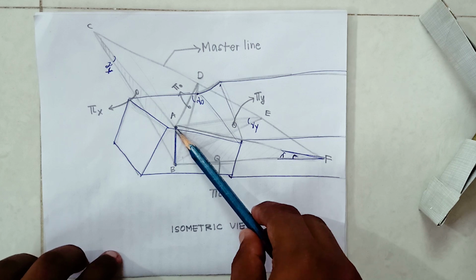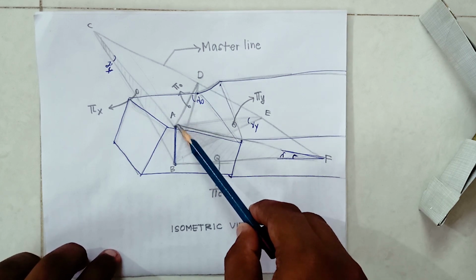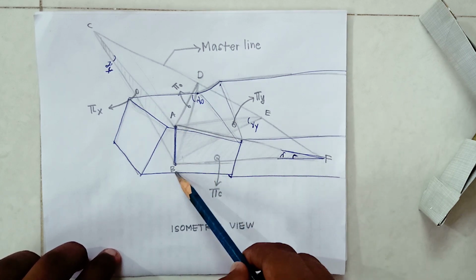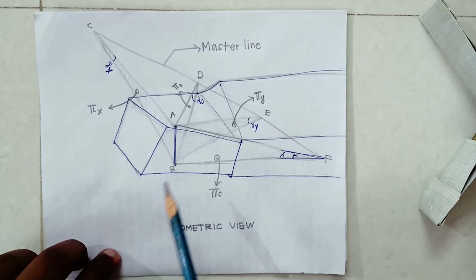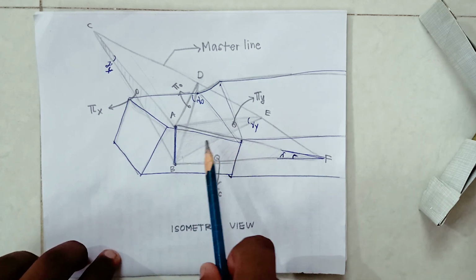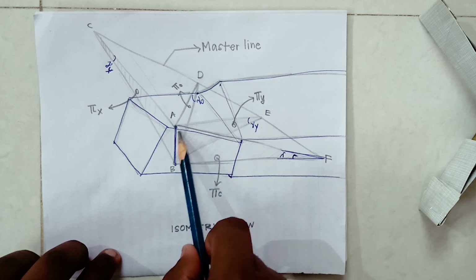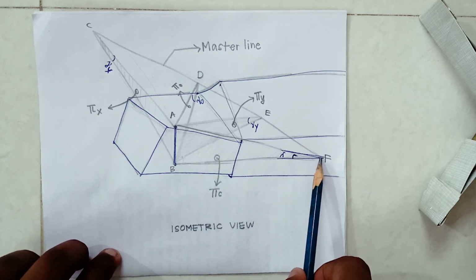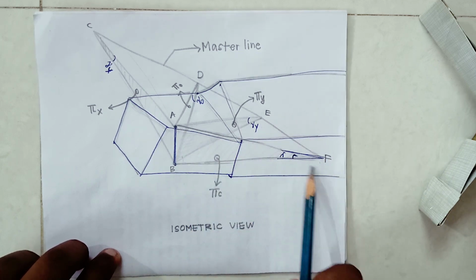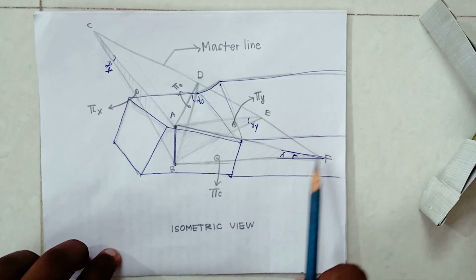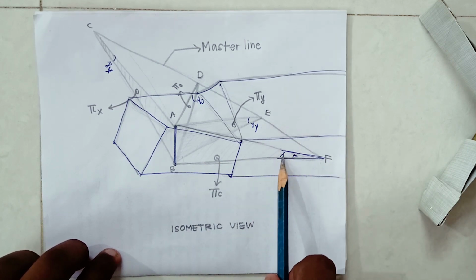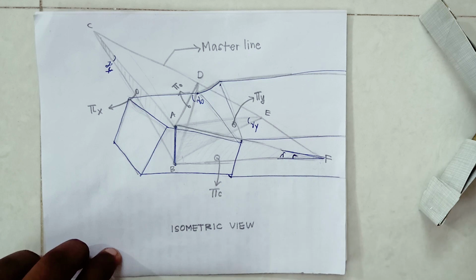Consider a point on the rake face which is point A and project it onto the ground which is point B. Now draw a line which passes through cutting plane and also parallel to cutting edge. Okay, this line will touch the ground at point F. If I join point B and point F, the angle subtended here is lambda, which is inclination angle.